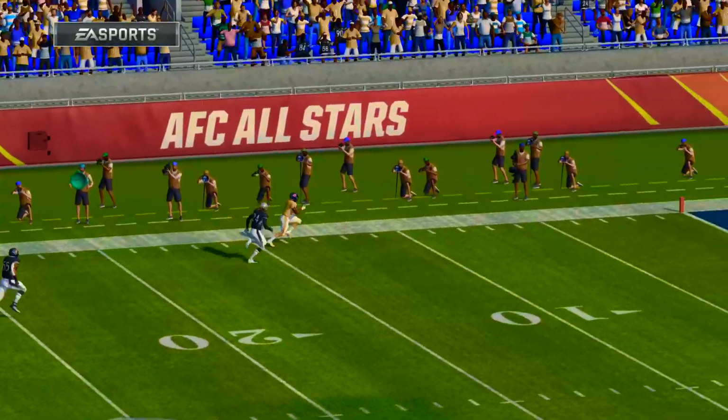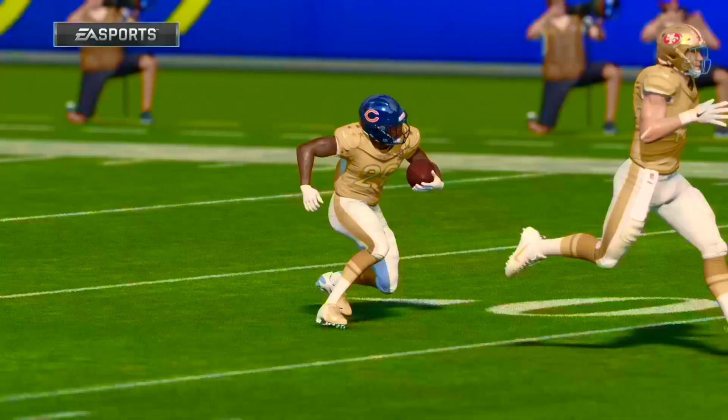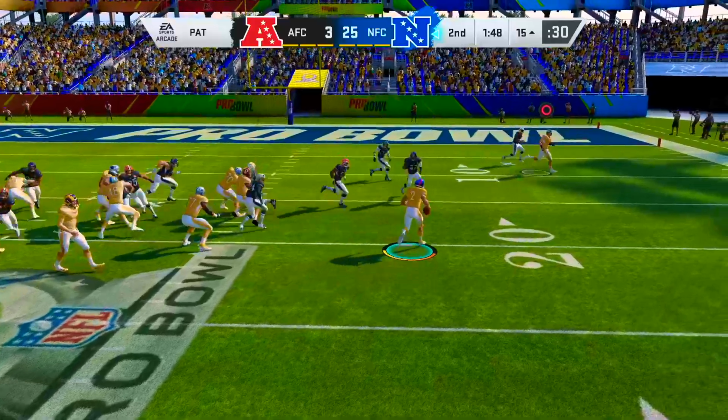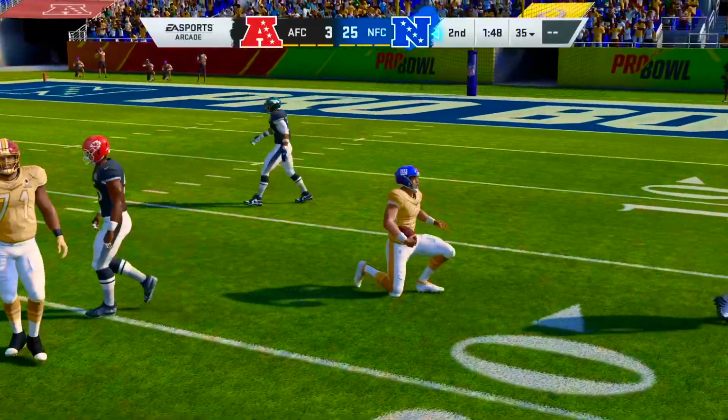Well, he made the right choice by result, but a little bit surprising because now the kicker, he looks like he's going to throw it. And this fake extra point attempt failed big time. Not only did they not get